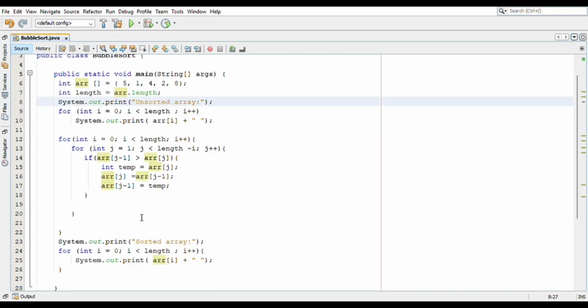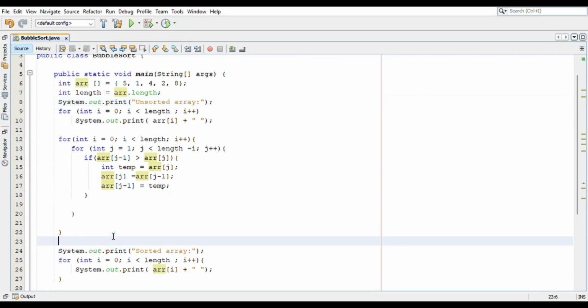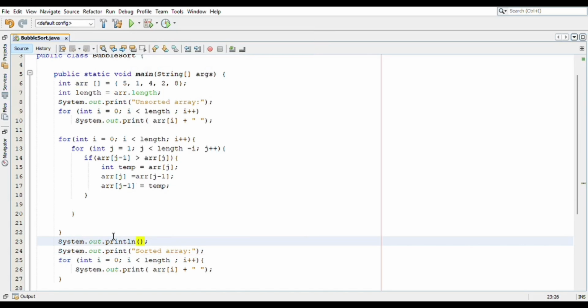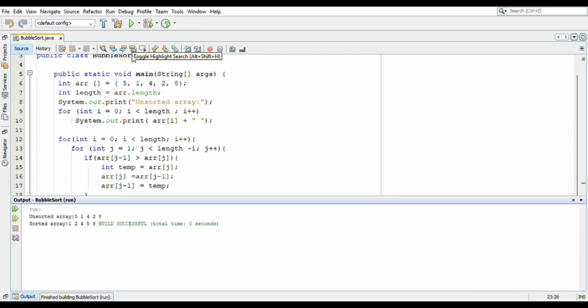So before this, I will simply have a println statement over here so that the sorted array is printed on the new line over here. So let's try to run once again. So as you can see guys, unsorted array, it is 5, 1, 4, 2, 8, and the sorted array is 1, 2, 4, 5, 8.